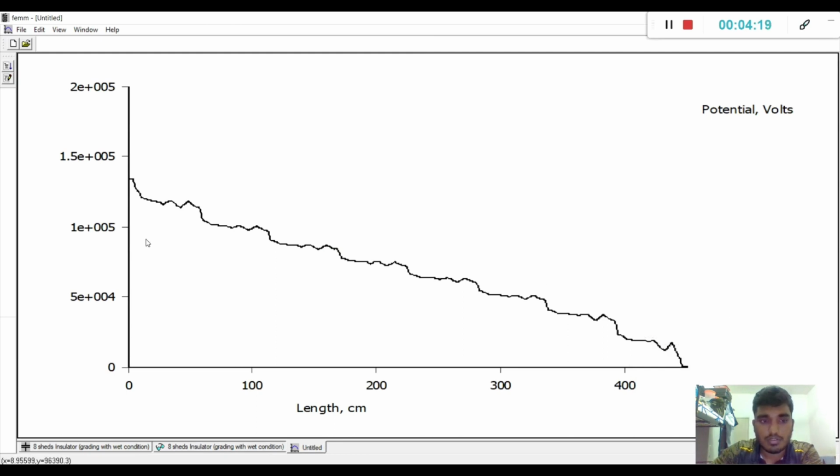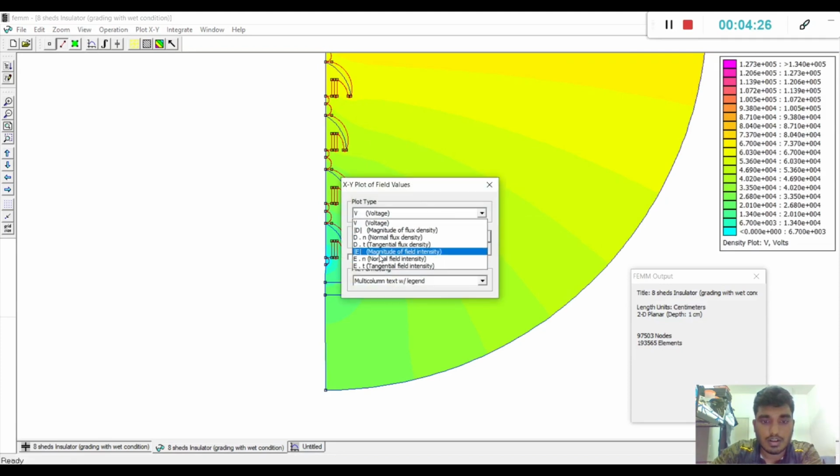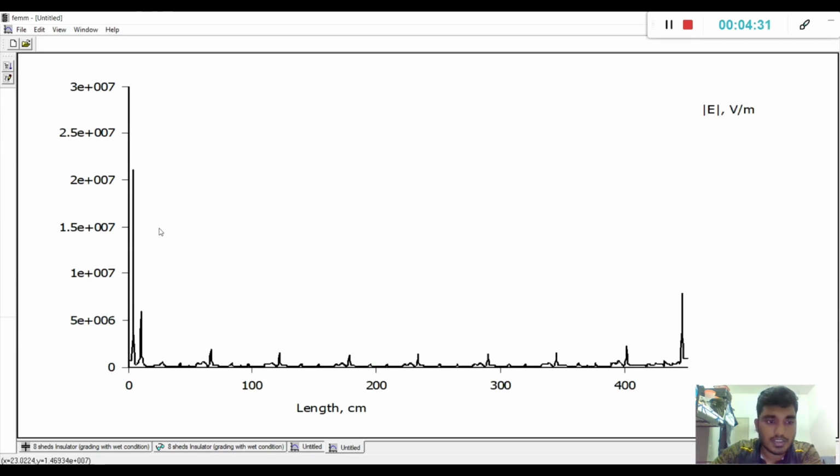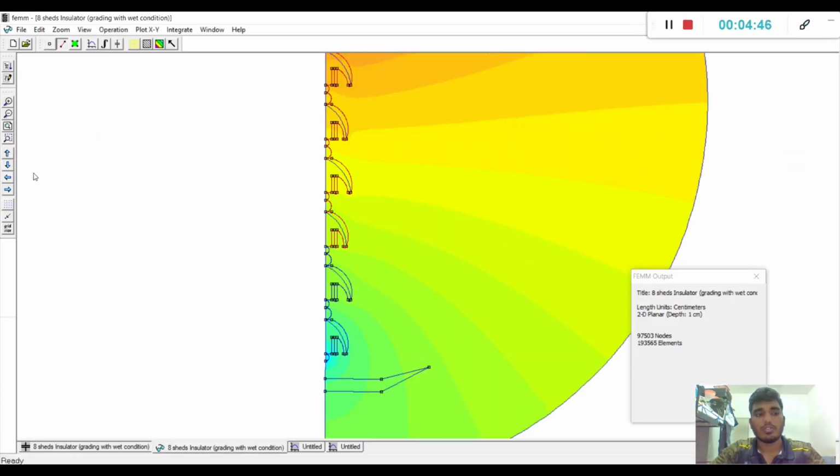Basically, this is the graph for the voltage, and we can also get the graph for the magnitude of field intensity. This one basically starts with a high spike at the beginning of the graph, followed by a low spike at the end of the graph. So basically, this is for the gradient